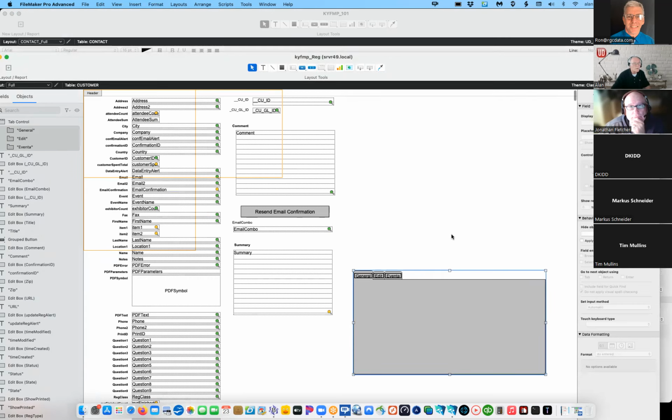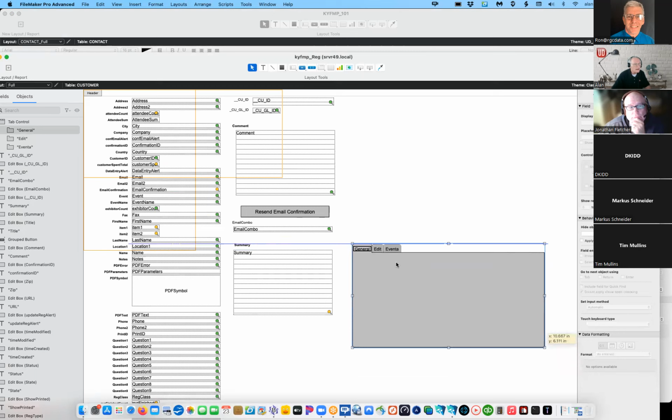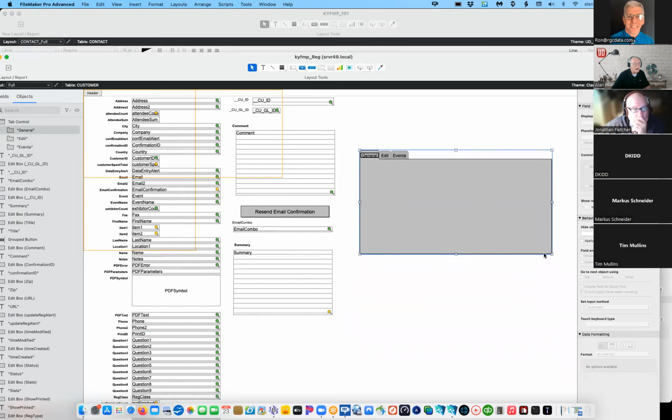So real quickly here, I just did three different tabs. You can click on them. And in here, what I found really easy to do is make the general one sort of read-only. Then you can have the edit one where only people who have permissions can actually play with the actual data. But in this tab, you can also put a portal